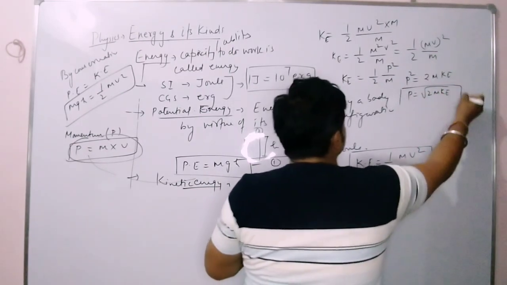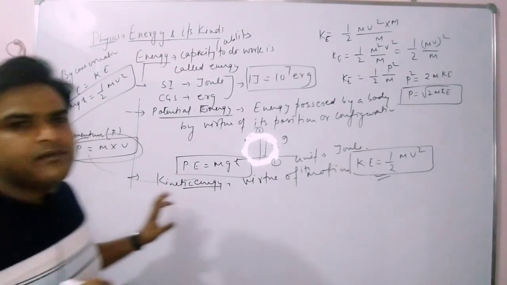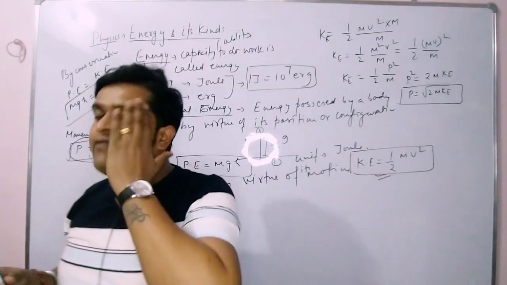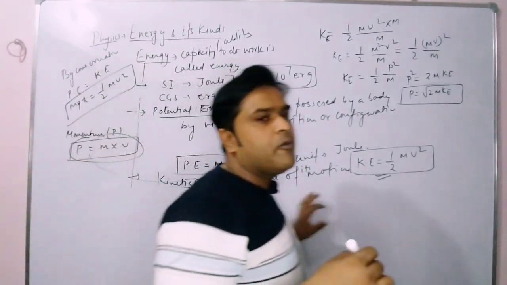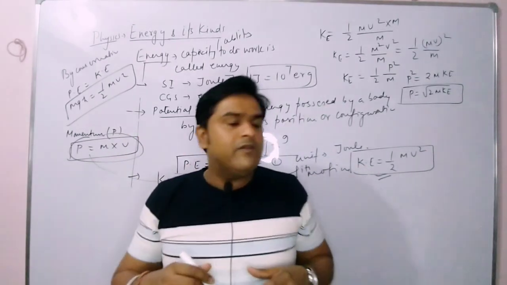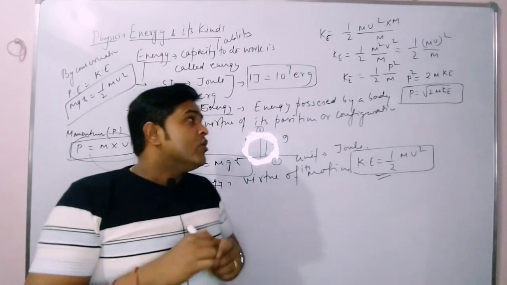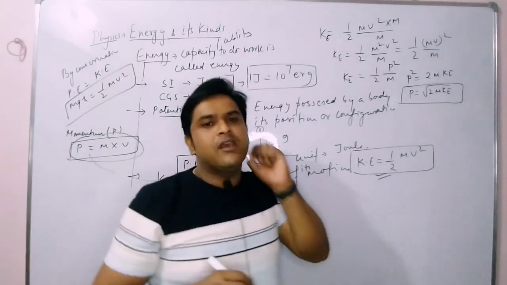This is one of the most important relationships that is being asked in the exam many times. ICSE एग्जाम में कई बार रिलेशनशिप पूछा गया है या फिर इसके बेस पे न्यूमेरिकल्स पूछे गए हैं. ठीक है. So these are the topics that we have discussed today, and in the upcoming video we will discuss the later part of this, like और भी forms of energy हैं, उनके interconversions पढ़ेंगे, and on the basis of this we'll discuss the numerical part.